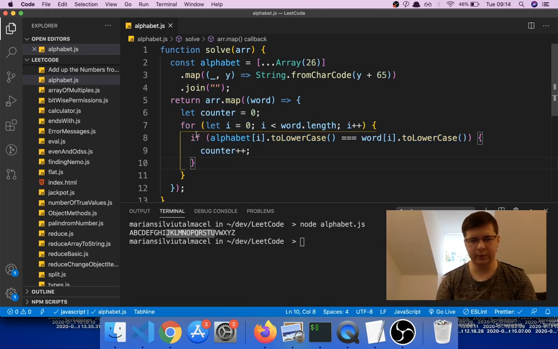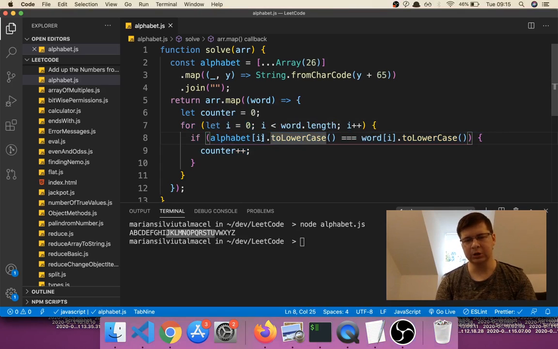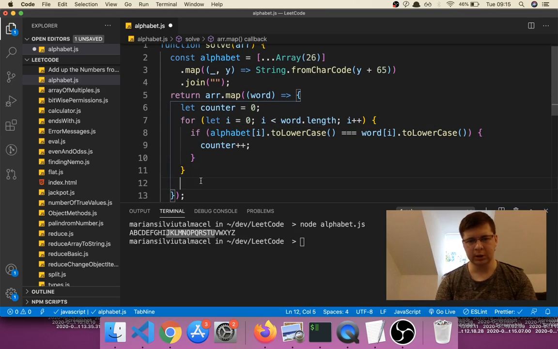So I have this for loop where I'm looping through all the letters in the word, and I'm checking if the letter in the word is at the same position in the word as it is in the alphabet, and I'm increasing the counter. And now after this for, I'm going to return counter. So for each element I'm returning the count of how many letters in that word meet the condition. So I'm just going to say here return counter,